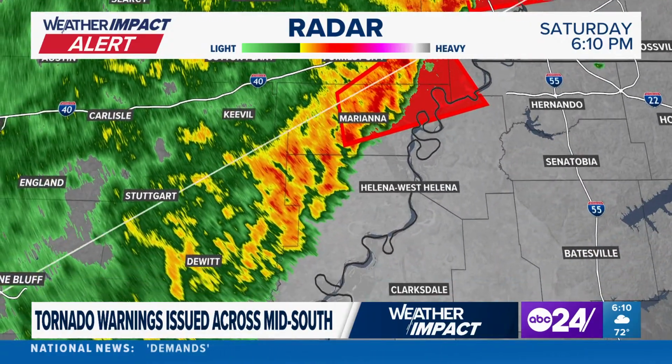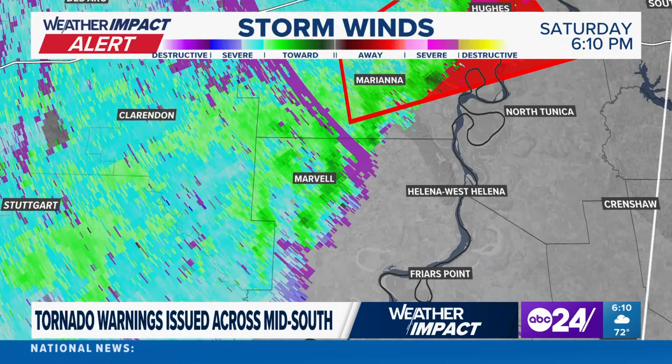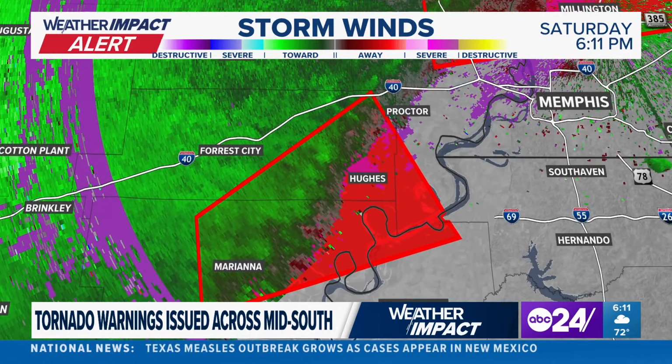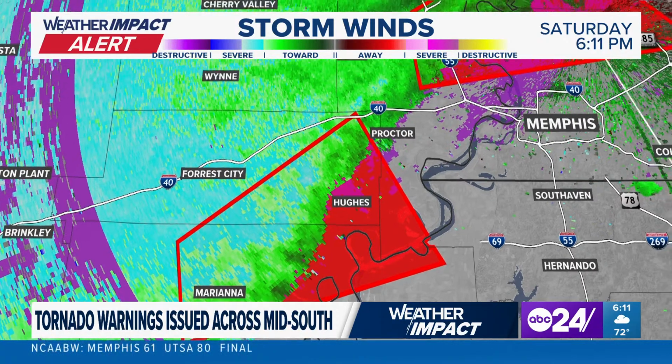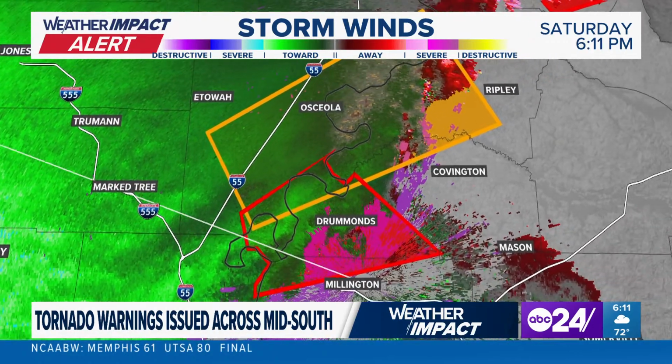My eyes are drawn down to the Phillips County area. I want to investigate this. It might be a little bit too high from the radar's perspective, but we're just starting to see some of that rotation starting up here right along the leading edge of these thunderstorms. As we continue up the line of these storms, we get into some